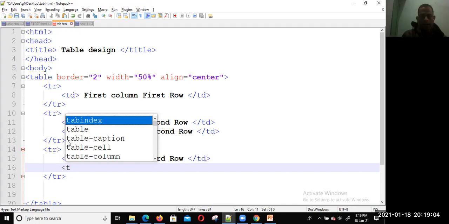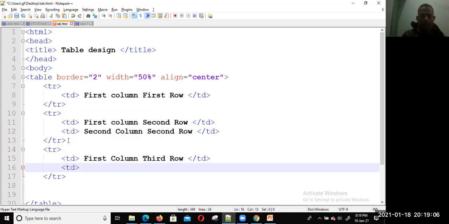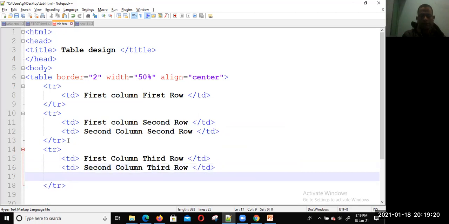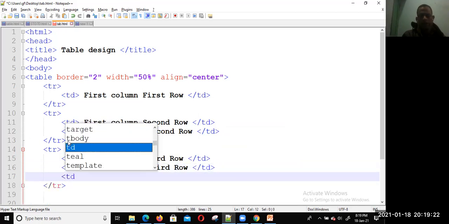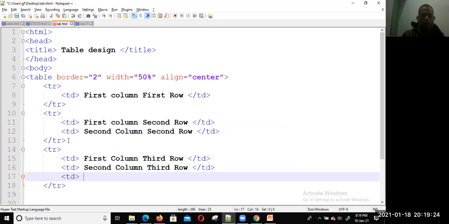Again open td: this is the second column, third row. Close it, and now create the third column, third row.